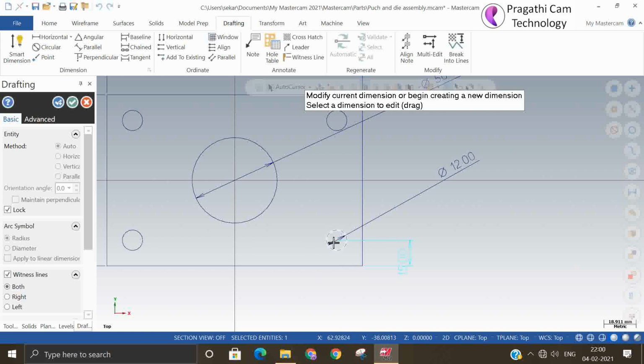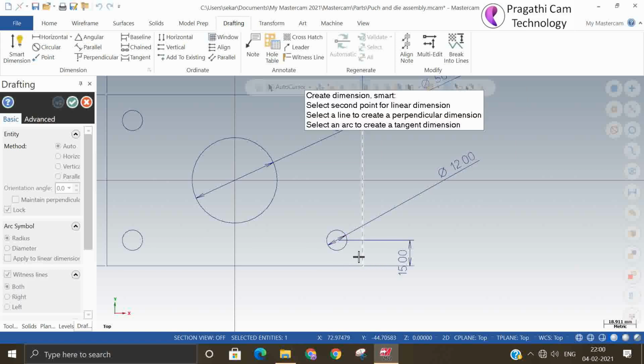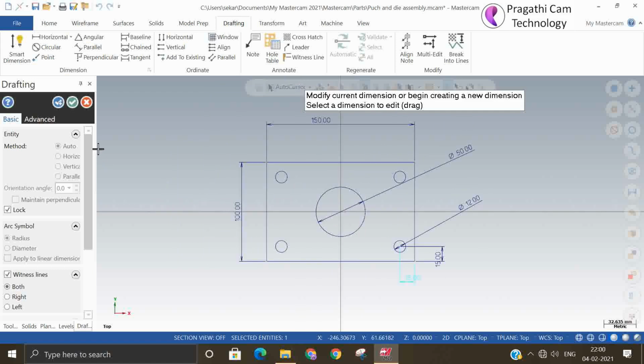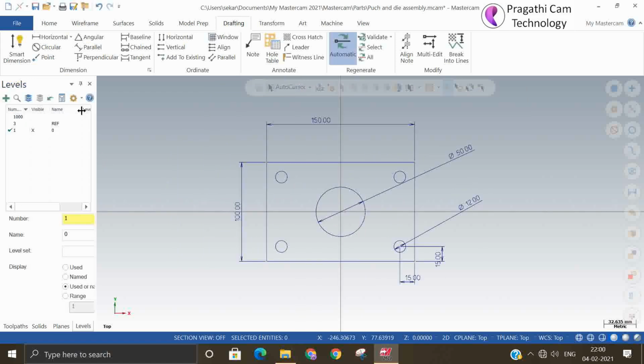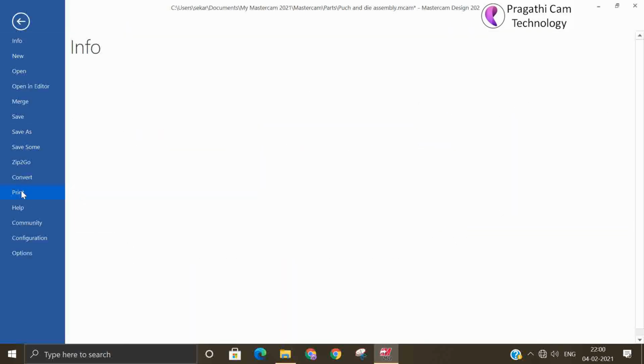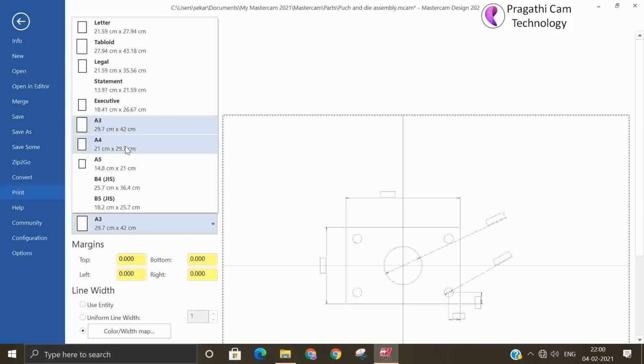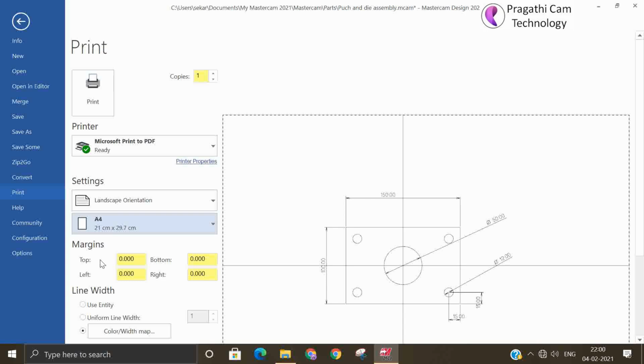So x distance and y distance, and okay. So now if you want to print it, yes, you can print it. Go directly print and we'll say fit. What is the paper size you want? Set it.